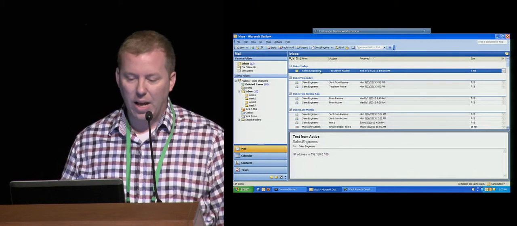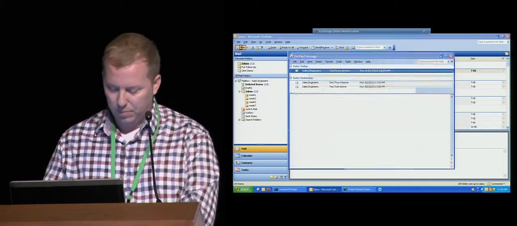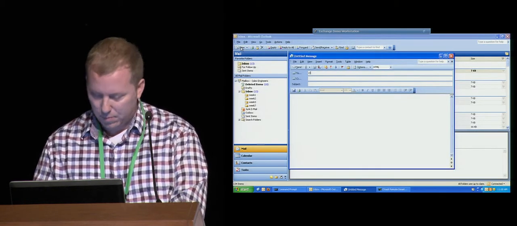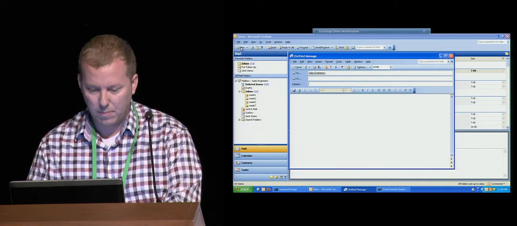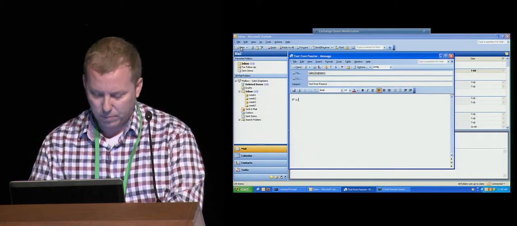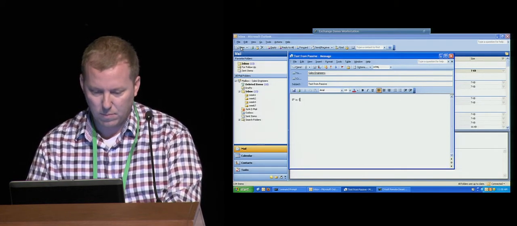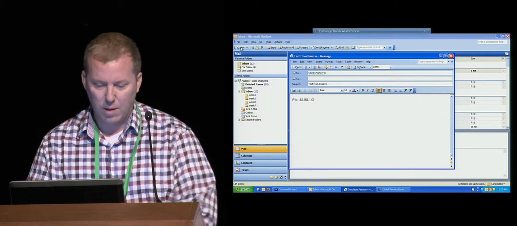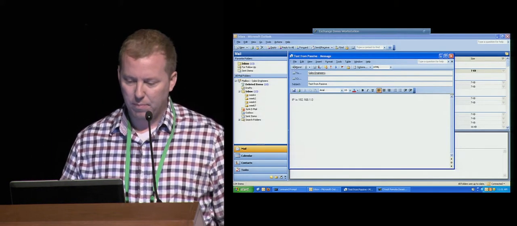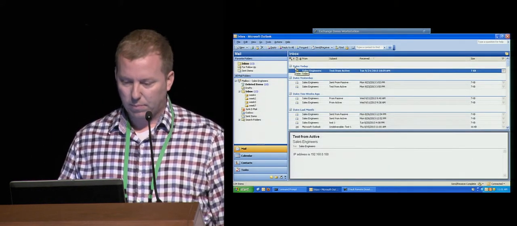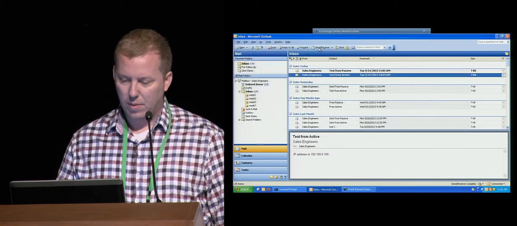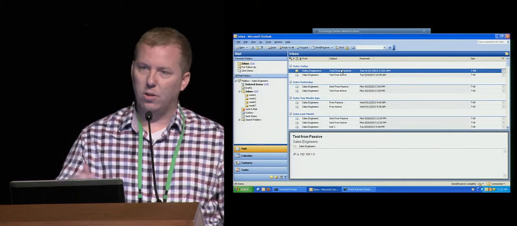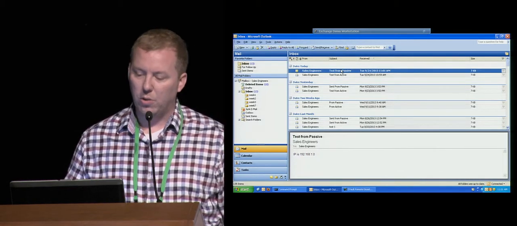You can see that I have full access to all of my previous emails. And I'll just note the IP address of the passive. Send that off. And you can see that not only can I access all of those previous emails, but also send and receive